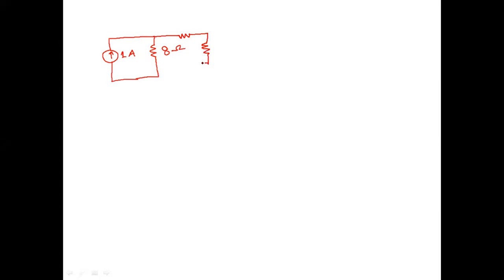This is 20 ohm, and a voltage source, plus minus 32 volt. And here a resistance connected is RL. Now in the question, it is asked to find the Thevenin